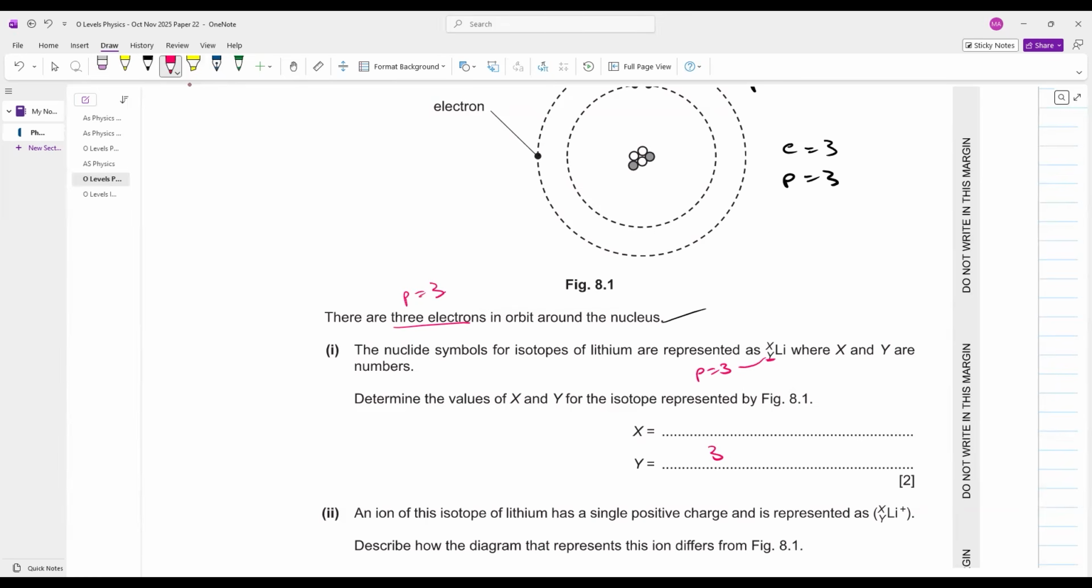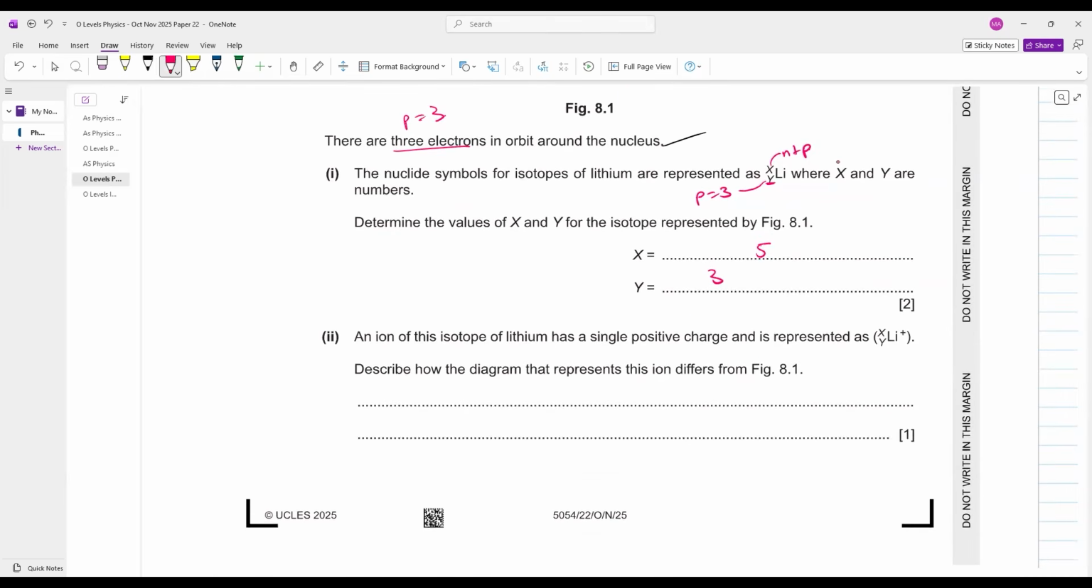What will be the value of x? x is the number of neutrons plus protons, that is all the particles in the nucleus, 1 2 3 4 5। x की वैल्यू 5 आ गई, y की वैल्यू 3 आ गई। चलो आगे बढ़ते हैं।